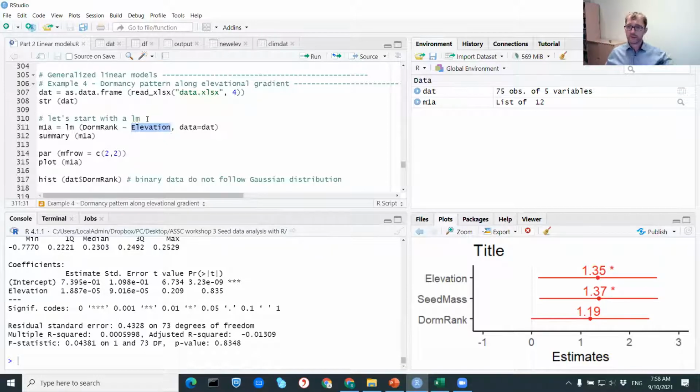I expect that the higher you go, in the alpine species, the proportion of dormant seeds should be higher. I specify the model, and apparently the answer is no. Elevation does not have any significant effect on the dormancy status in my seeds. However, what we learned, and I hope that